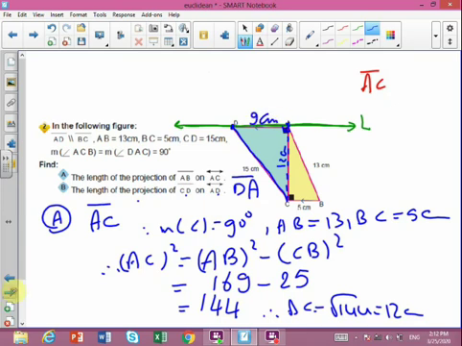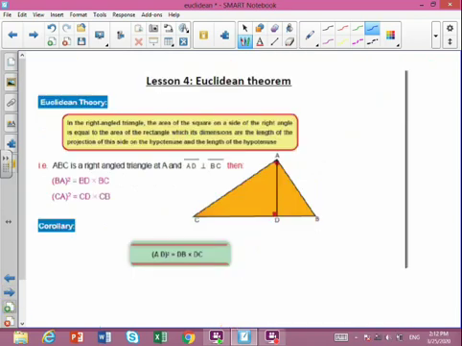Okay? This is the Euclidean theorem. We will talk about it